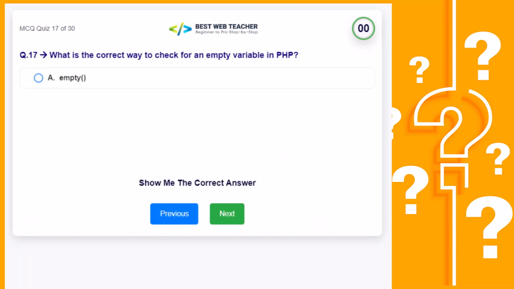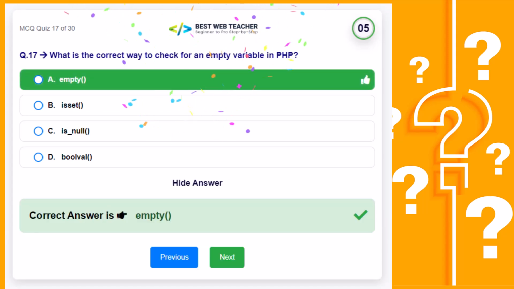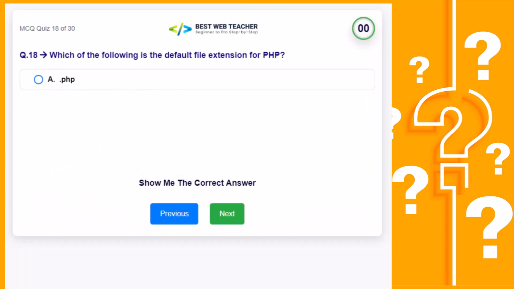What is the correct way to check for an empty variable in PHP? Correct answer is Which of the following is the default file extension for PHP? Correct answer is